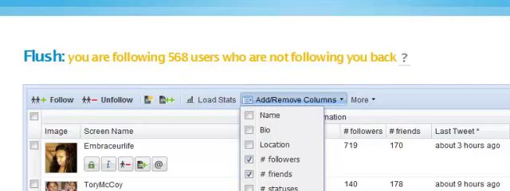Number of tweets. So how many tweets are they sharing? Replies. Has anyone replied back to them? Do they have any replies? Is anyone mentioning them? Retweets. So is anyone sharing their content? If no one's sharing your content, then you're not involved in Twitter. You're not a real Twitterer, because no one wants to share your stuff. That's the whole beauty of Twitter, is getting your content to go viral and providing information that people actually want to share.